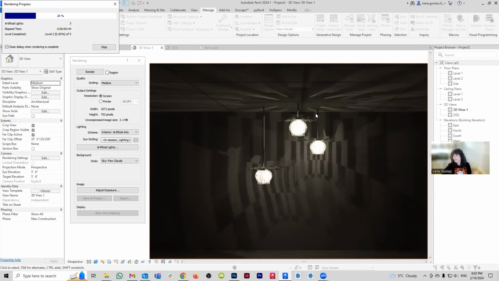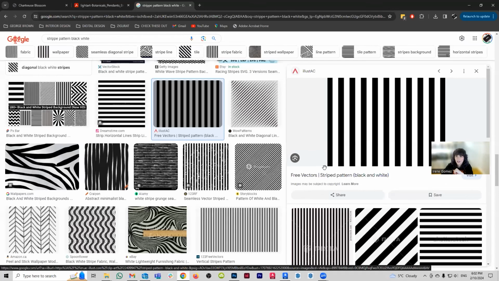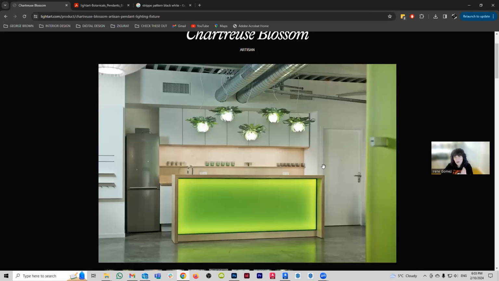But that's it. That's basically all you need to do here. Now, if you want to soften these shadows, keep in mind that there are two ways you can do it. One is to make the glass materials a lot more transparent and translucent, so that they do not cast such strong shadows. The other is to bring in more complementary lighting that will compensate for the harsh shadows this is generating. But that's basically how you can make this lighting fixture here. Again, the more time you spend, the more details you can generate, but this is the gist of it.